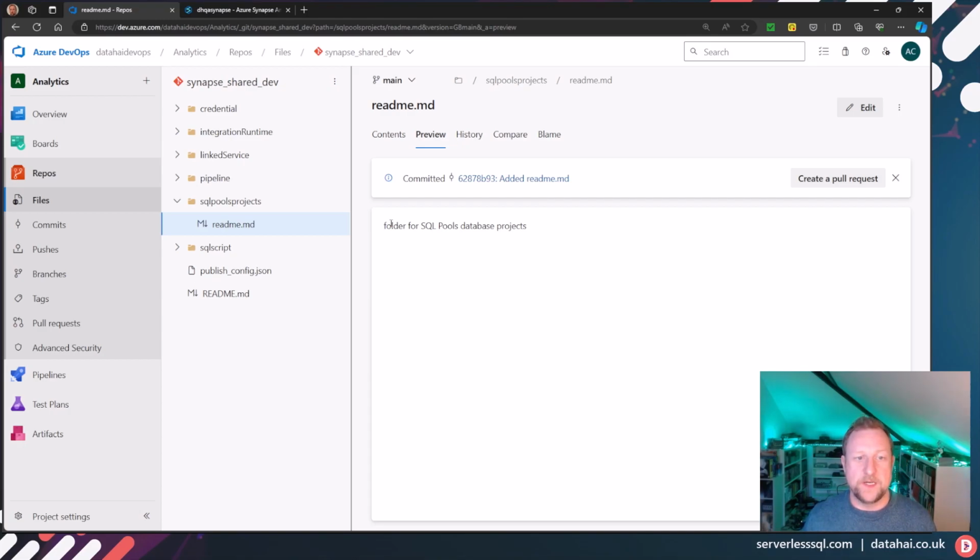Now Synapse, just going to ignore that SQL Pools projects folder. It doesn't know what it is. It has no objects for it. So that folder can just sit there. However, the cloning feature from within Synapse is just going to clone the repo, including that folder. So if I switch to Azure Data Studio,